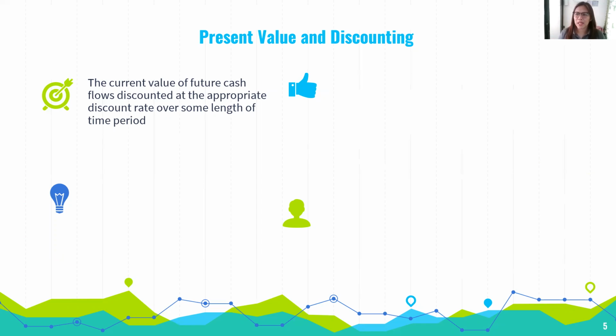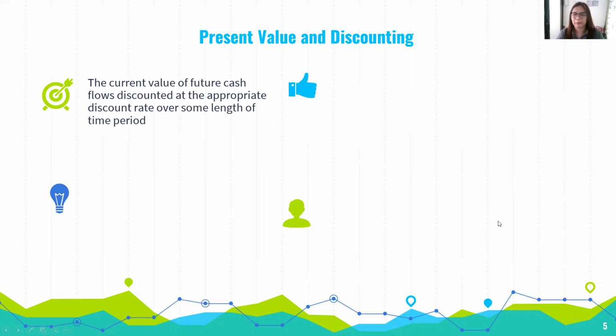Ang hirap kasing sabihin na mag-iipon na ako para after... Hindi, di ba? Mas maganda mag-invest ka na ngayon if you have your money. Who knows, maging 5 million siya in 5 years, di ba? Okay. Now, so yun, kaya siya tinatawag na discounting kasi parang you will get the discounted amount today, which will become 5 million. Maybe you will just invest 2 million, then after 5 years, it will become 5 million. Or maybe it's 3 million, tapos pagdating ng 5 years, it's 5 million.